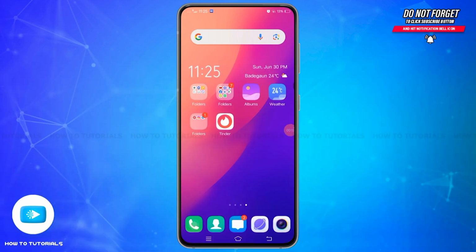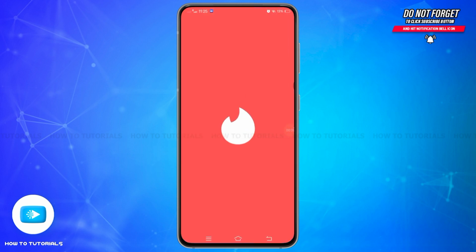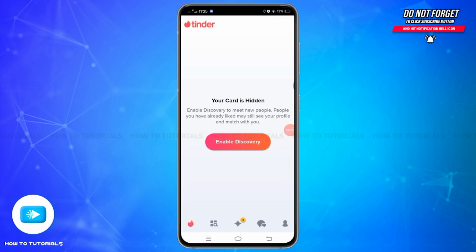In today's video, I'm going to show you how you can change gender preference on Tinder. If you have selected the incorrect gender preference previously, then here's how you can change it. For that, you'll need to open your Tinder application on your mobile device and make sure you are logged into